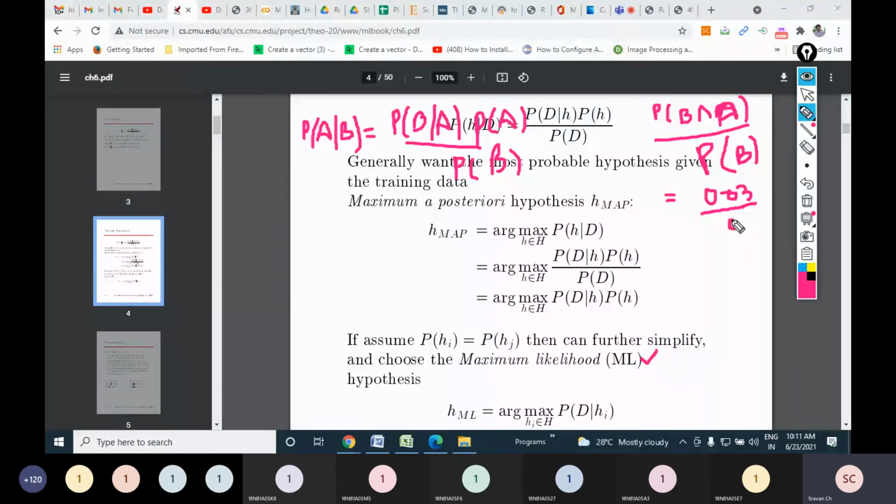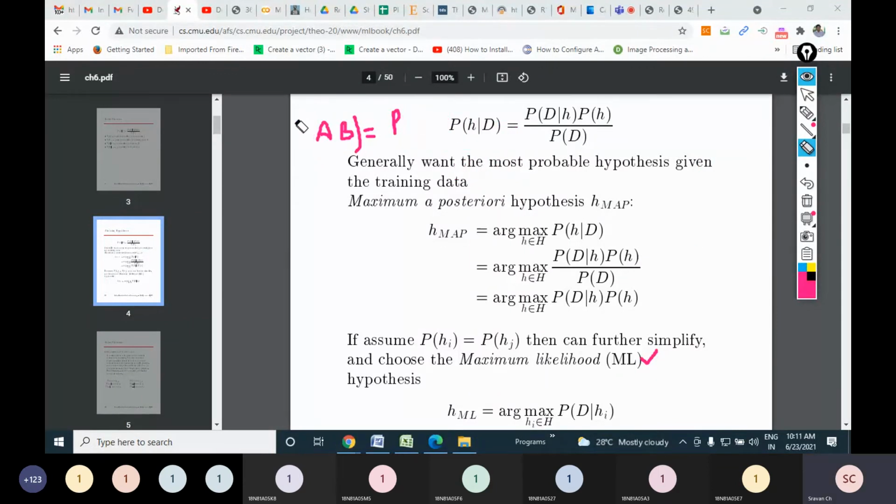So if you recollect our first lab problem, this is what we have done, and we got some 15% as the answer. So please try to recollect that we applied the basic form of Bayes theorem in solving our first lab exercise. The same basic problem and the same formula is shown here, but instead of using A given B, they are using H given D. So here D represents my entire data set, H is my hypothesis.